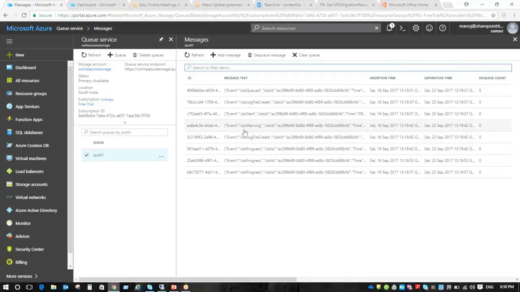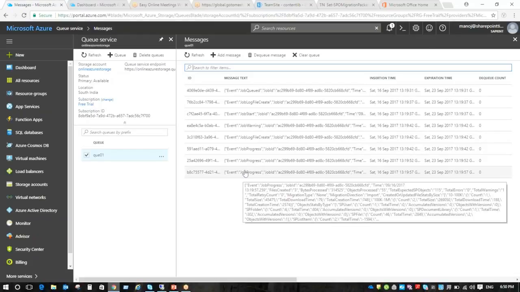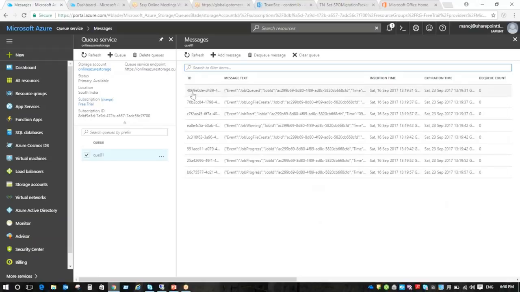So one question came here at quite an early stage: where can we see the errors and the log? Here you can see the job errors and job warnings. And there are a couple of PowerShell scripts also, we can extract those messages. But these are not very generic messages. It's not that they're hard to understand, but we need to understand them while opening them. So it just created multiple jobs for me under one queue. It starts moving the content now.